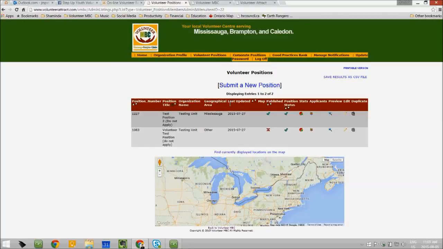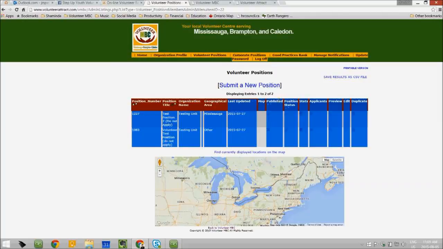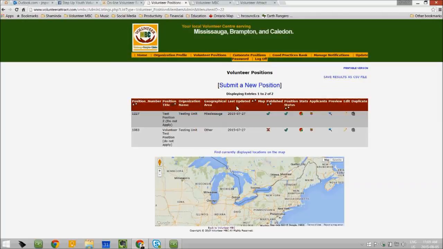And the next set of details are the position status details, starting from last updated and moving up to published and position status. So position status is the indication of whether you are still recruiting volunteers for this particular position or not, and that is set by you. And the position published is the indication as to whether your posting is live to the general public or not.